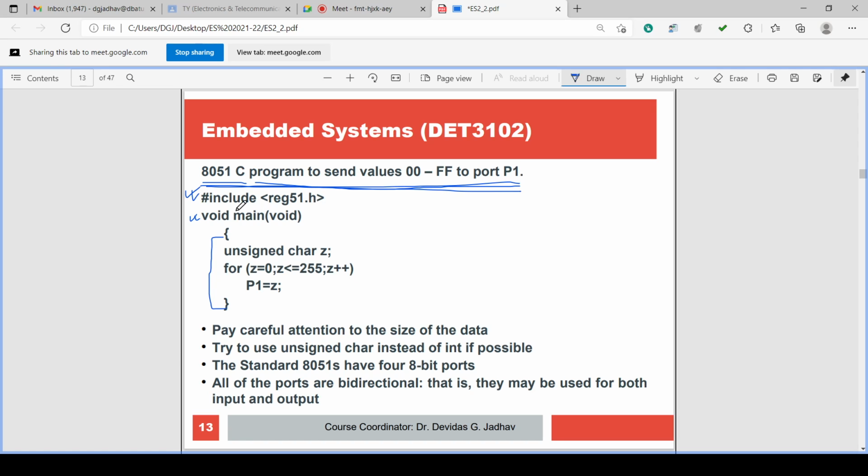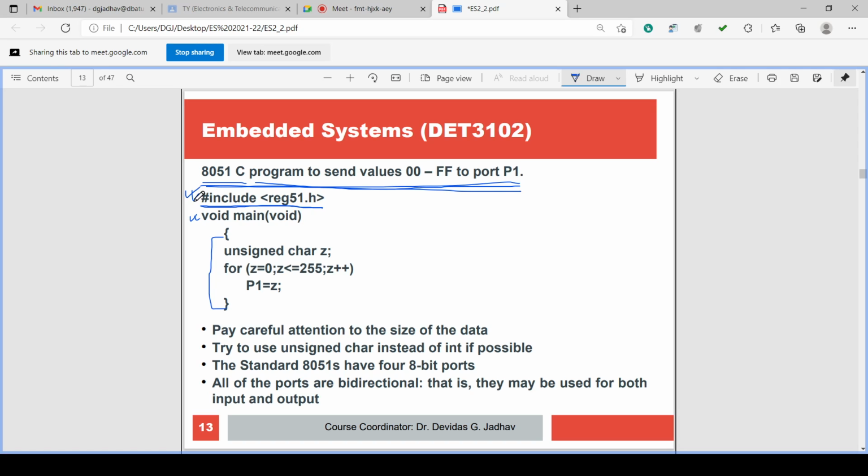There is an inclusion of a header file, a register file, reg51.h. Files with the dot h extension are header files. The name of the header file is reg51, the register 51 file.